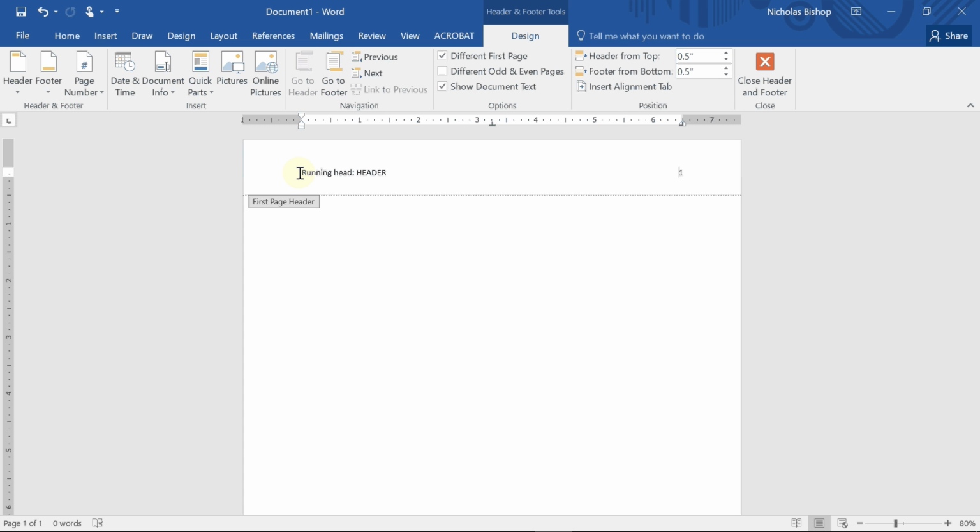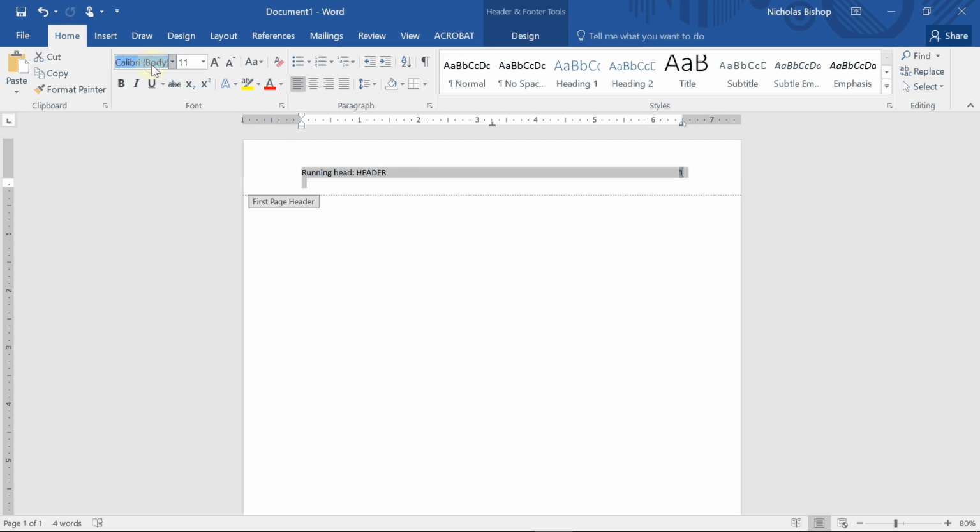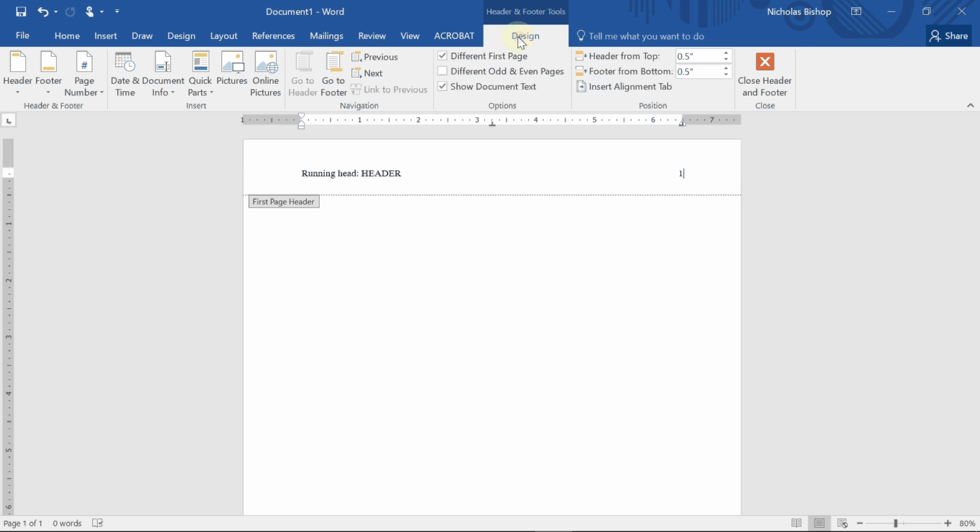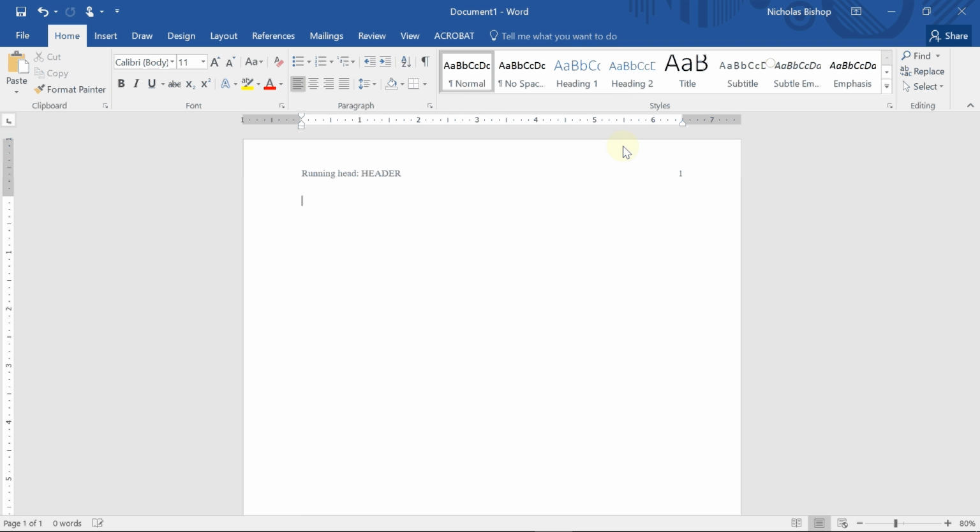So what we can do is just select all of this by using Control A, and then we'll go to the Home tab and make sure that we have Times New Roman font, and then go over here to our font size and make sure that's 12. So now we have a running head on the first page that's formatted for APA rules. Just make sure there's no extra spaces. Then what we'll do is we'll close this, and then we'll just use the Enter button to get to the